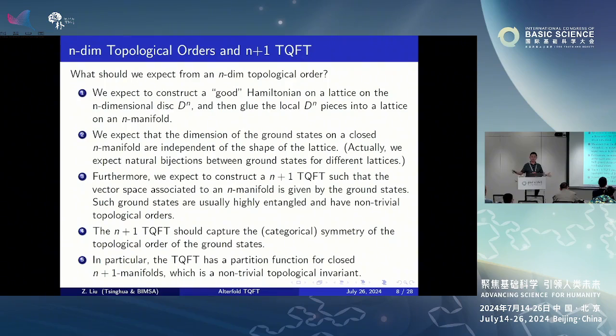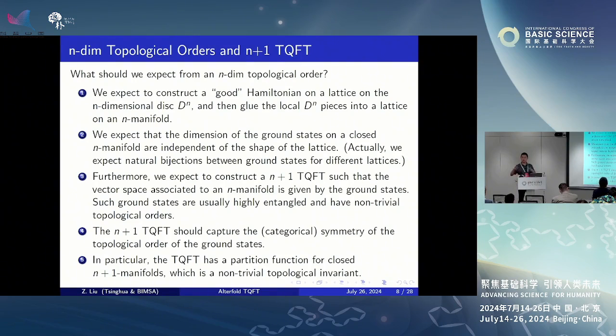Like for example, in the toric code case, when we look at the torus, it doesn't matter what size of lattice we take. The number of ground states is always 4-dimensional, or 2 logical qubits. And the 2 really comes from the topological behavior of the torus, not the lattice. So that's a key point to relate the theory of ground states of the Hamiltonian and the theory in TQFT. In particular, we expect that the space of ground states should really be the state space in a topological quantum field theory.